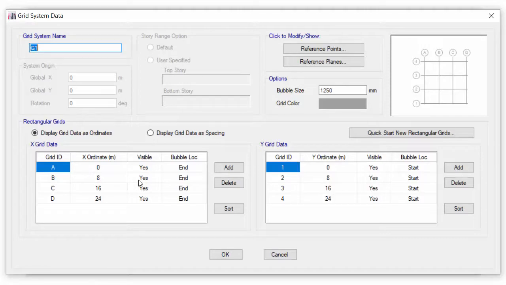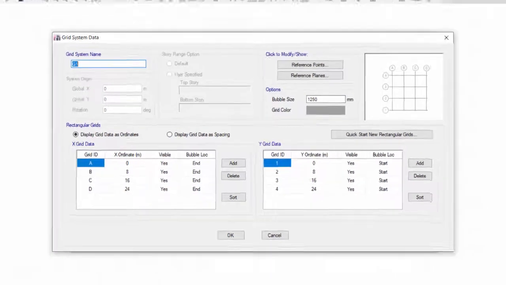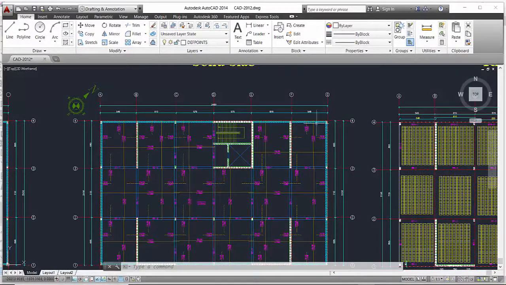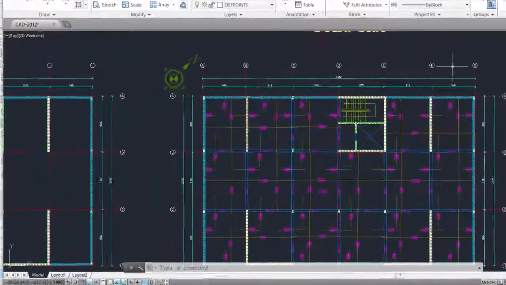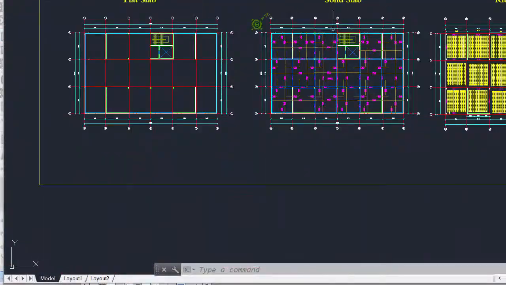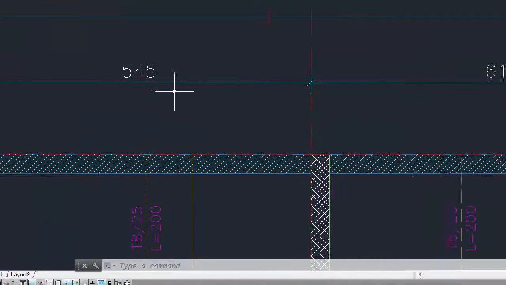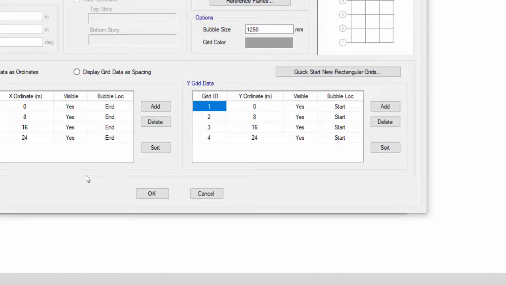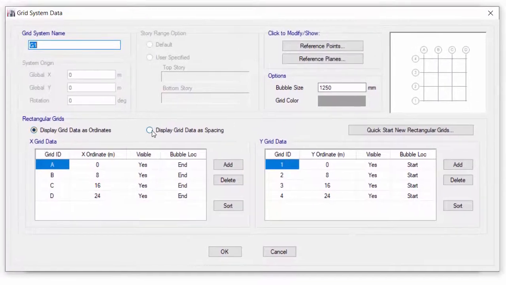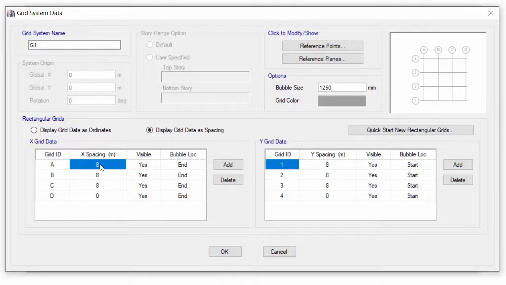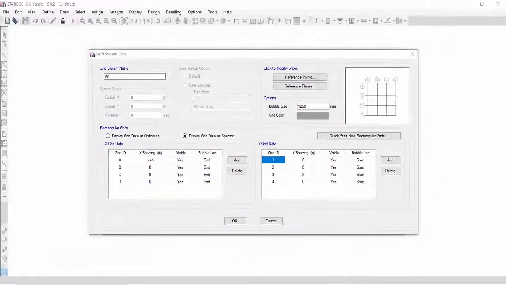We will go to the AutoCAD. We will show the shop drawing of any plan because the grids are the same for all these plans. We show here the first spacing equal to 5.45. So we go to ETABS. First of all we put in display grid as spacing. Now as ordinate. So we put here 5.45,